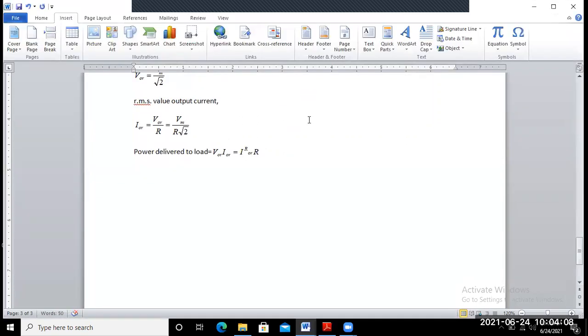What is the input volt ampere? That is your Vs into I output RMS. That means Vs is the RMS value of the supply voltage. Okay.